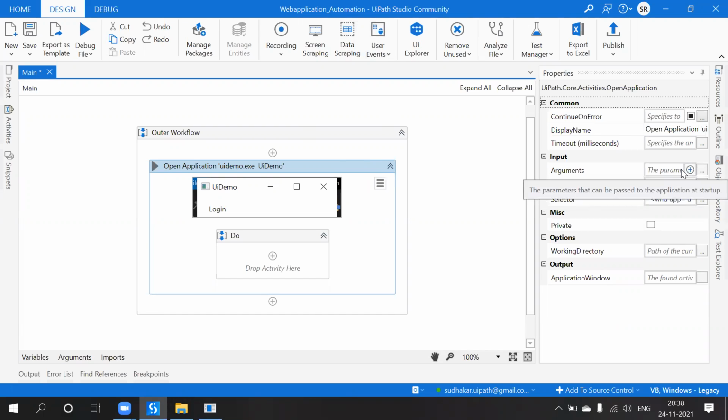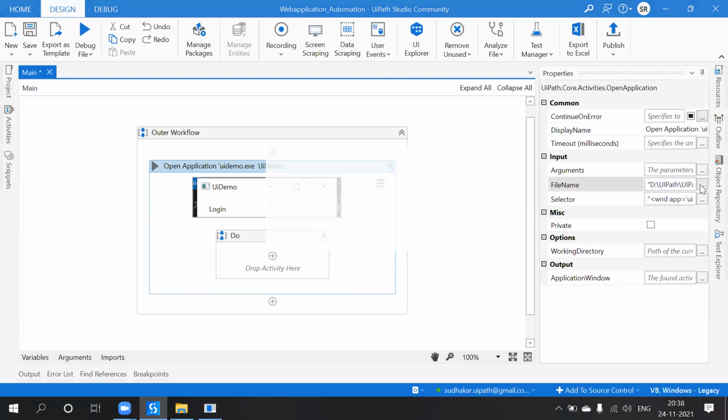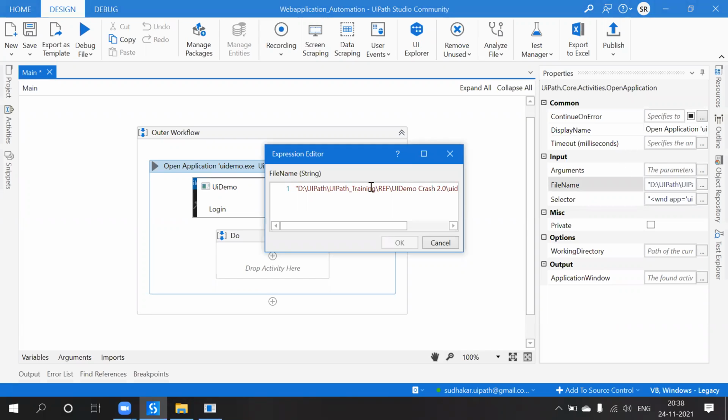So do you want to pass any arguments as per the application? No, not required, right? And file name, that means where the application exe is available.